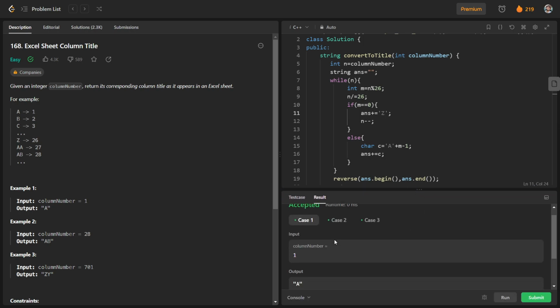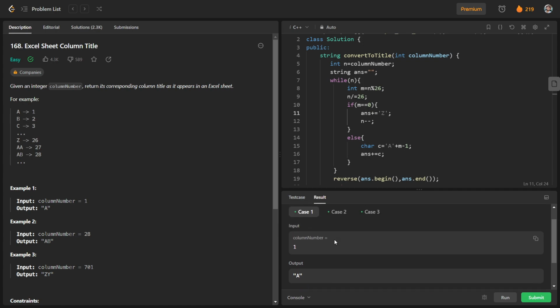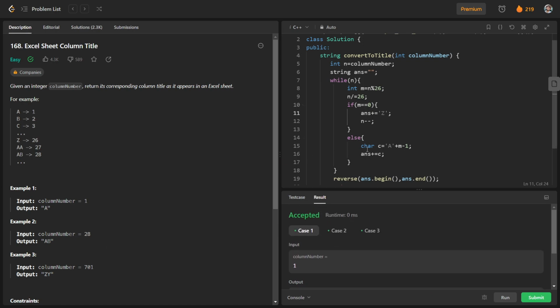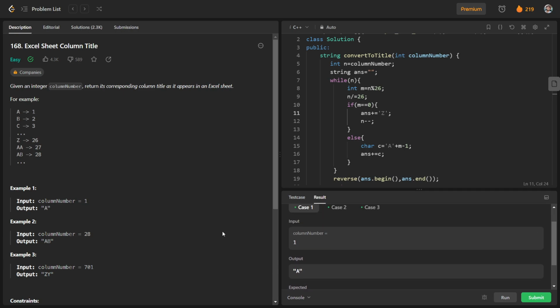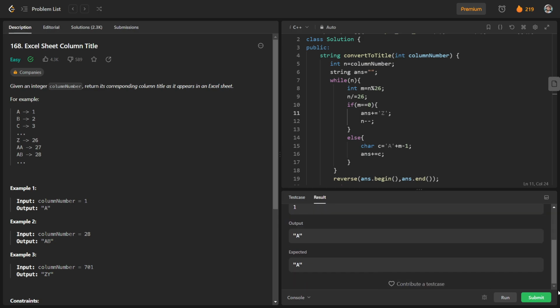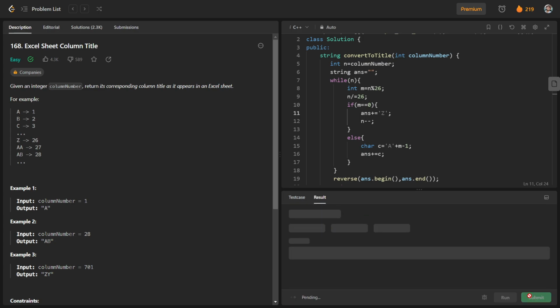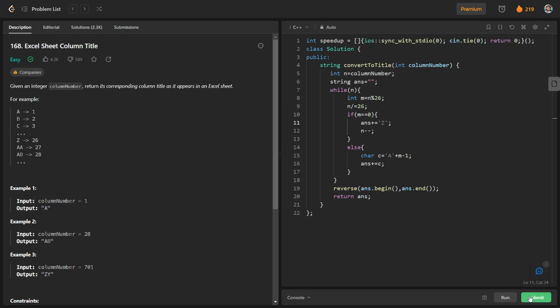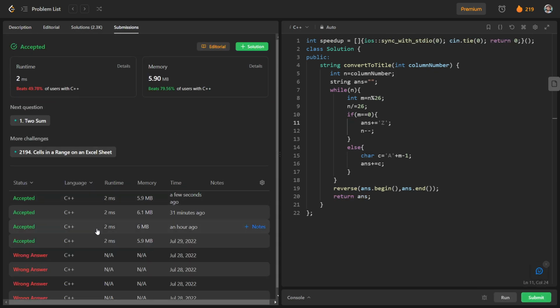So you can see that this time the code is working. The only problem was that we were taking lowercase characters, but they have given uppercase characters, so that's why there was a mistake. And you can see that these test cases are passing. Let us see for main cases. So all the cases are passing, and I will again try to explain this code.